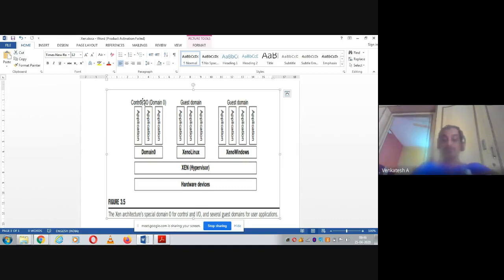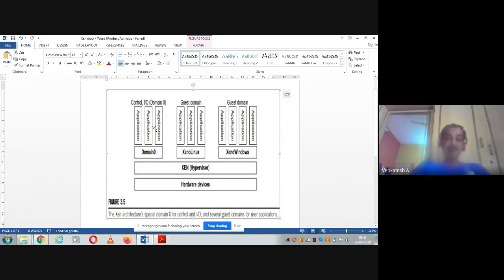Say for example, consider an application running on Windows operating system, that is here in the last VM. You can see here. If it wants to store some data into the secondary memory, it can access the storage directly without any intervention by the hypervisor. So that is one peculiar feature about Zen operating system. And as I told, it will not load any device driver, but still it will enable the applications to interact directly with the hardware devices.